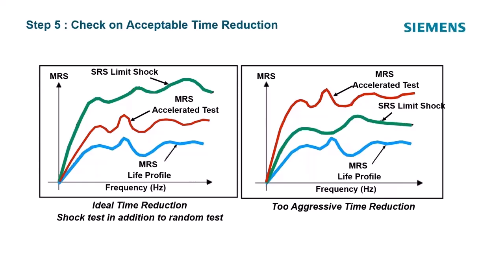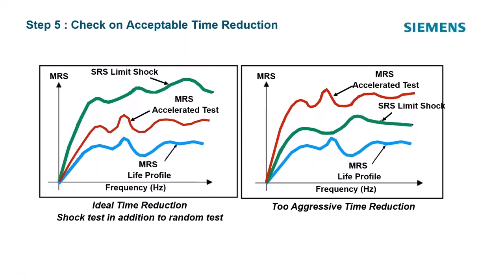Real quick question. Where does the SRS limit shock profile come from? It could come from a really severe event, like a pothole or something like that. An event, a drop, like when they do, say, transportation studies, they also do drop tests separately. If you're accelerating your transportation test, you're making your own, you're not using a standard. If you're accelerating so the MRS is near the drop test, then you're going way too high. I don't often see people have this limit shock, but if you have it, it's just another data point, because there's a lot of judgment in how much you can accelerate it.